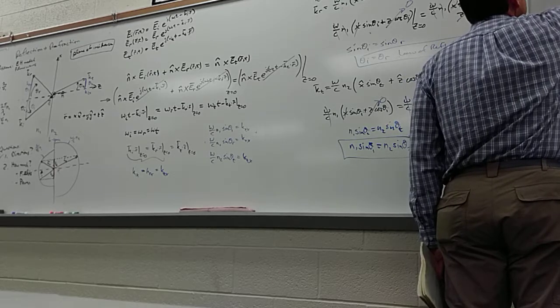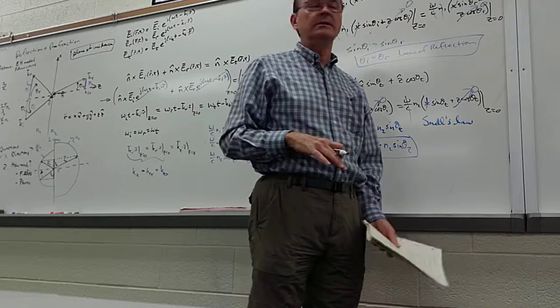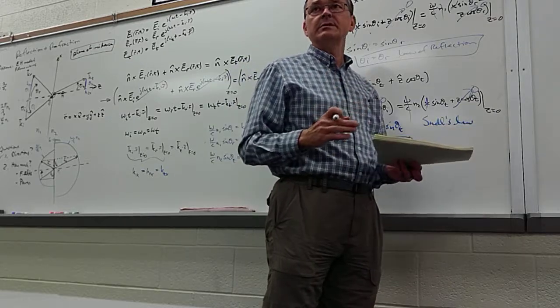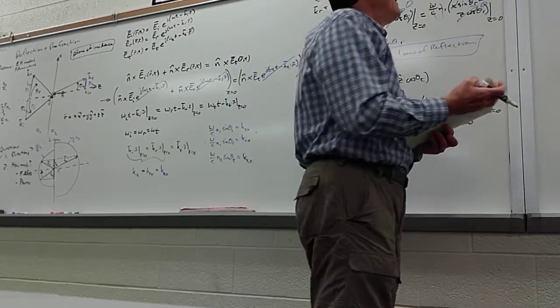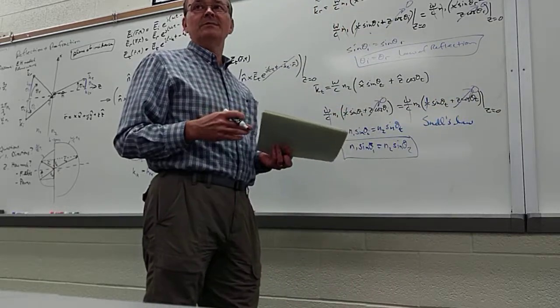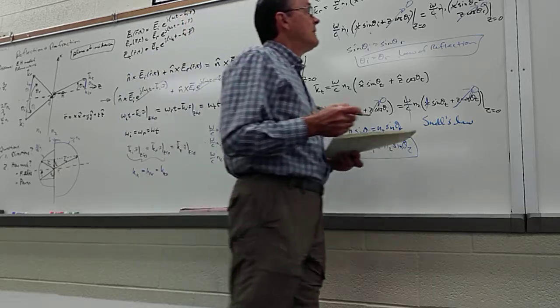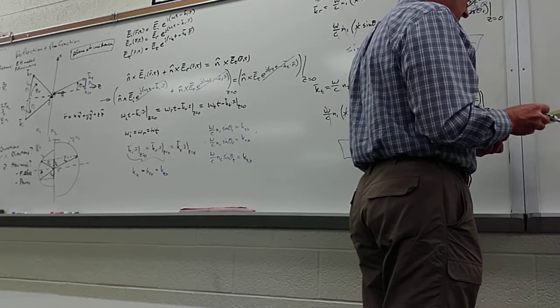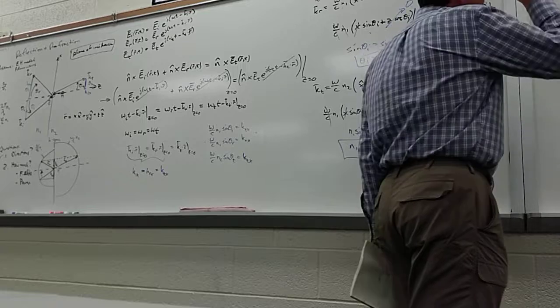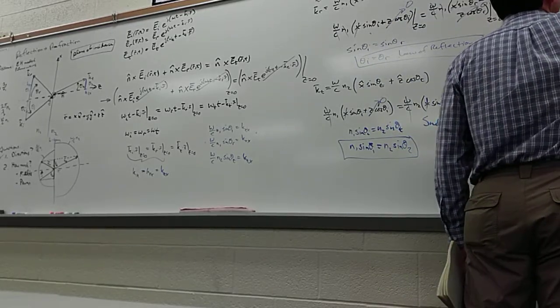So we're taking any arbitrary polarization state, we're going to decompose it to out of the plane and in the plane, deal with each of them separately, add them up at the end. So if we understand these two cases, out of plane and in plane, then any polarization state is pretty trivial to deal with. Okay, so the out of plane case, this is also called TE for